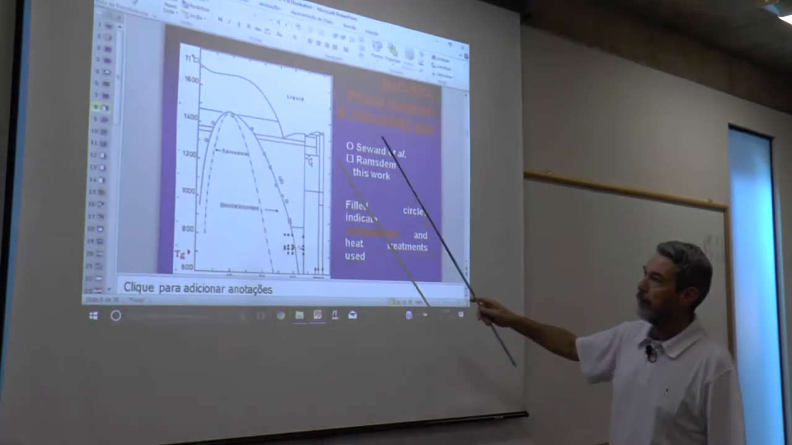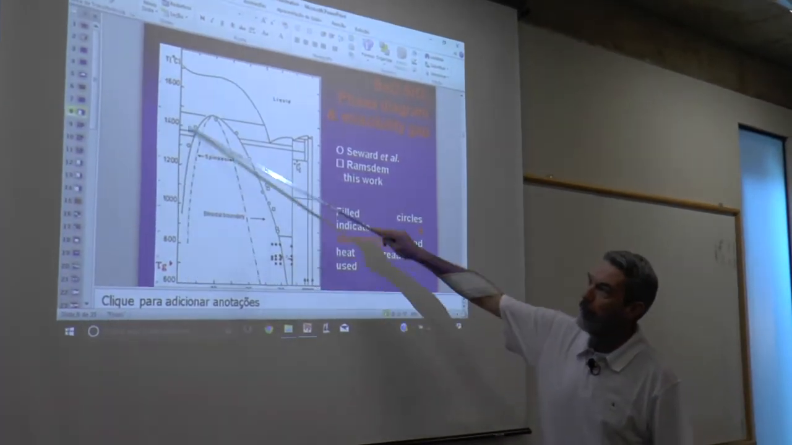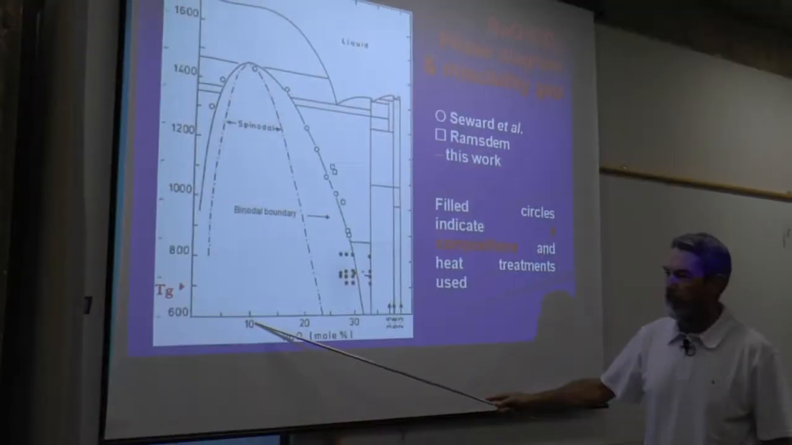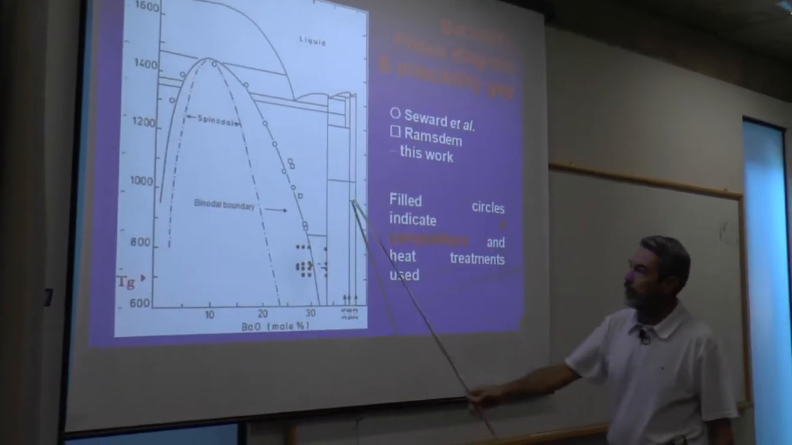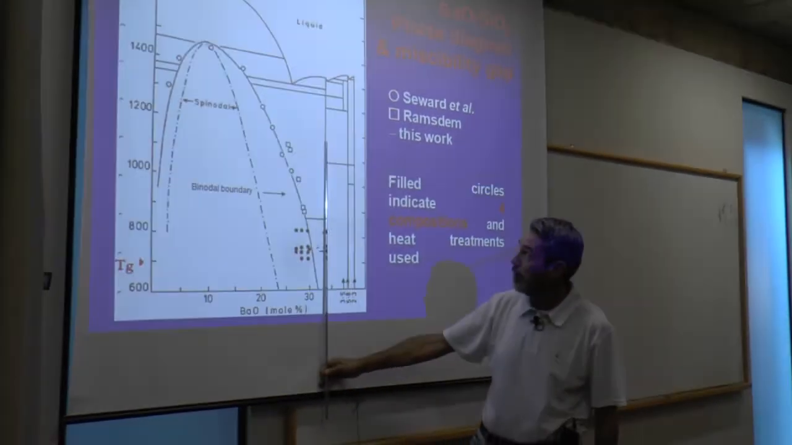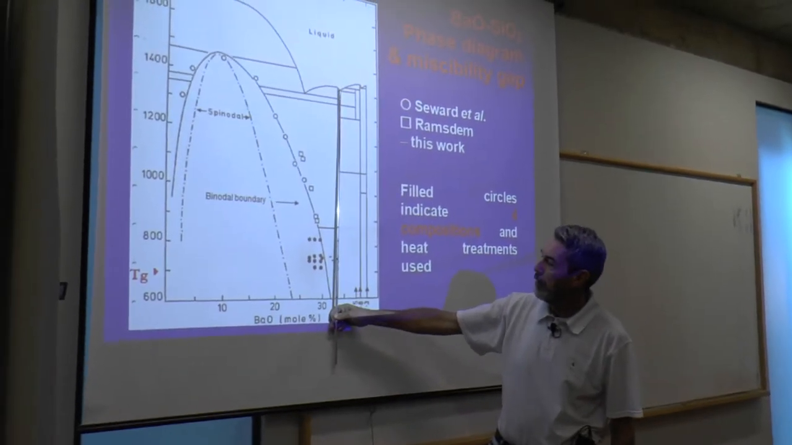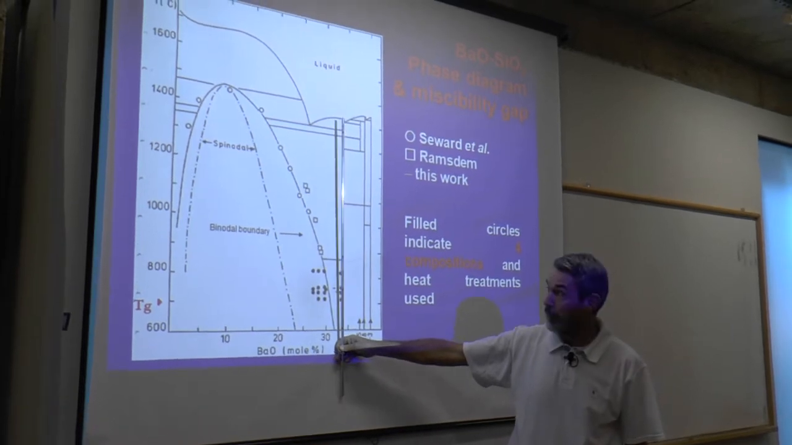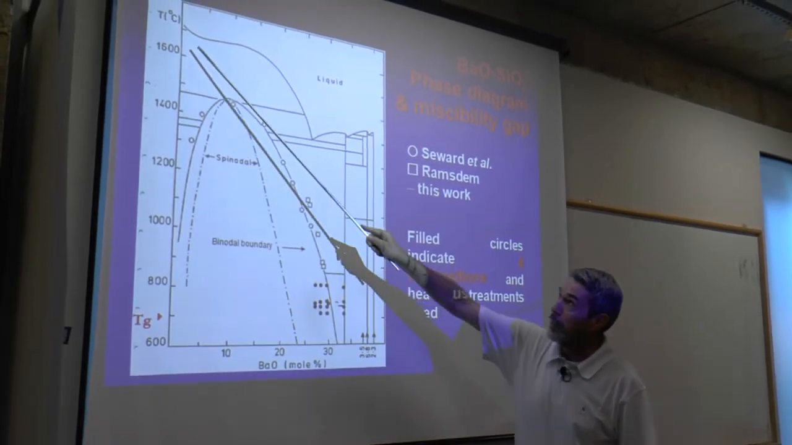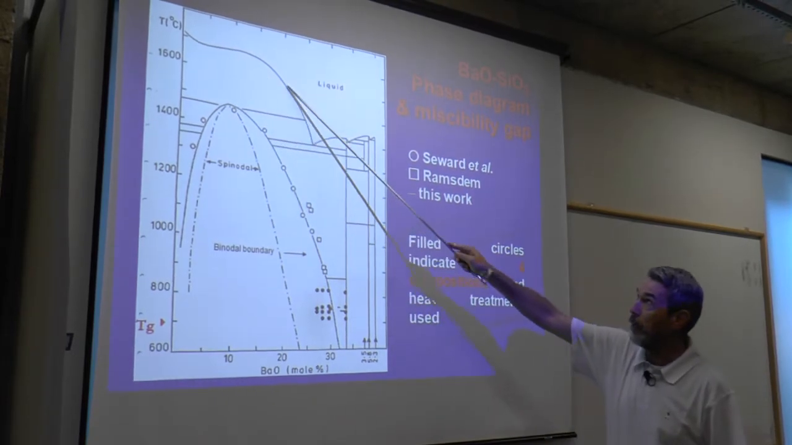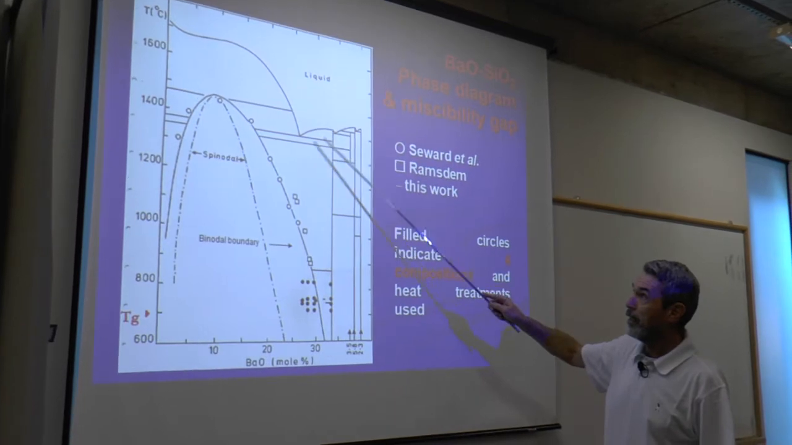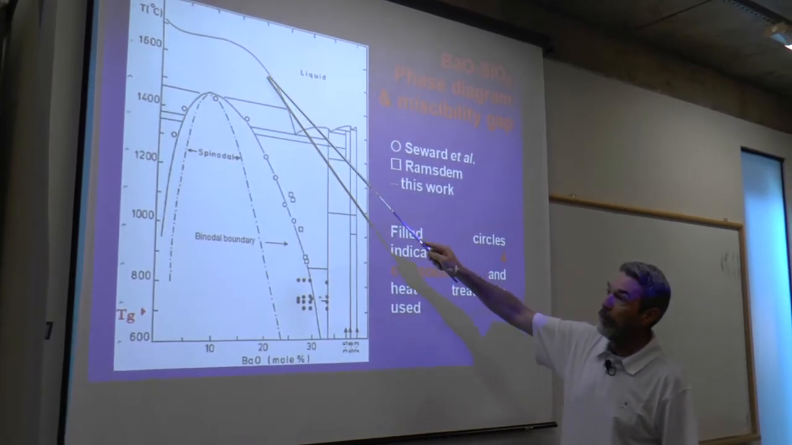So this is the equilibrium phase diagram. Pure silica, 10, 20, 30. This is the stoichiometric composition, barium disilicate, 33.33% of baria. And it has a liquidus. This is the liquidus temperature. And below the liquidus,